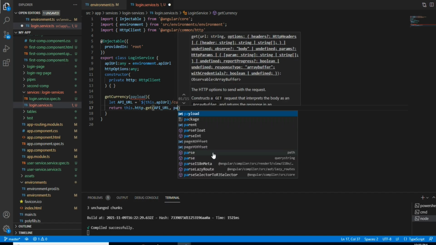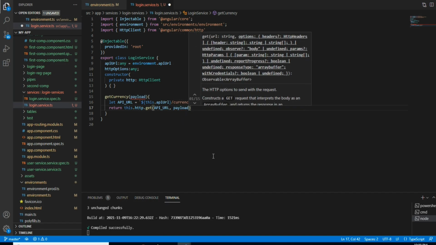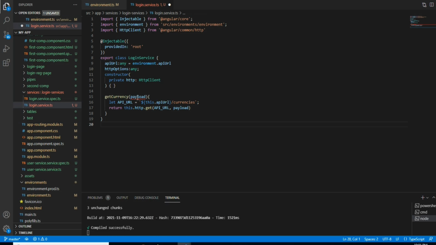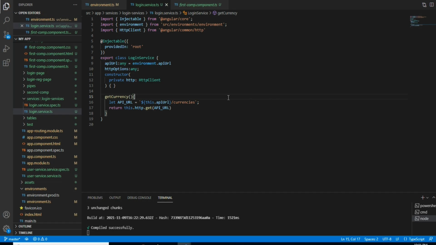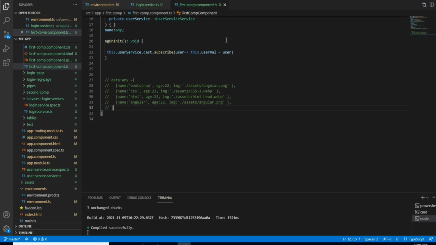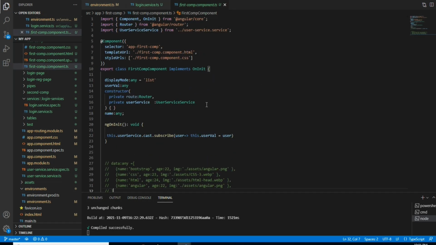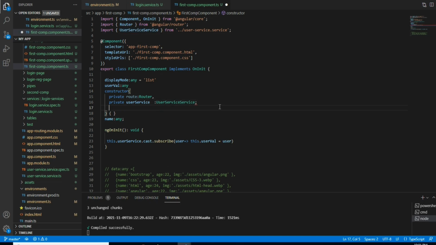Whichever function or page you are including, you need to pass from there itself. Right now I'm removing this. Okay, now this is the first component I have. I'm saving this, and I need to copy that one. So here I need to import this login service.